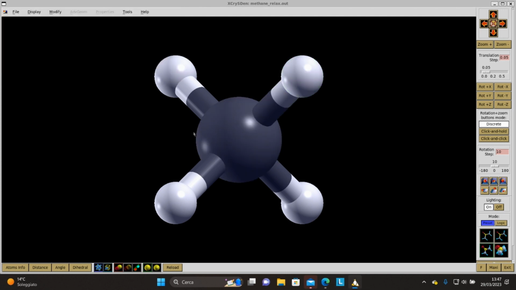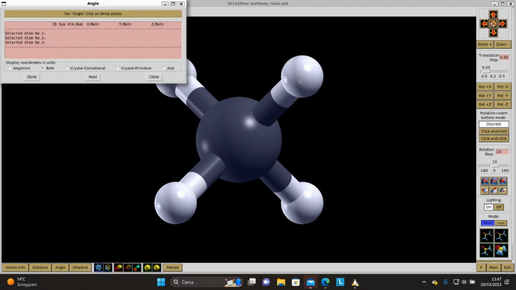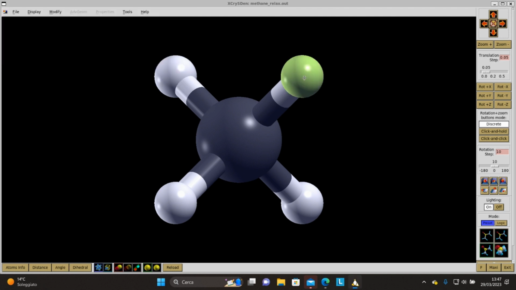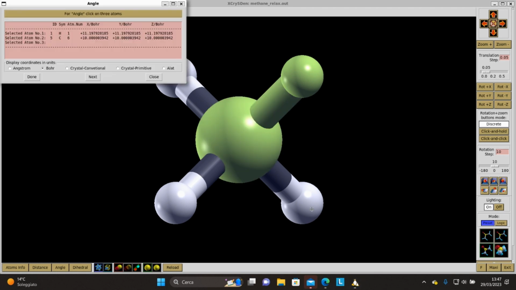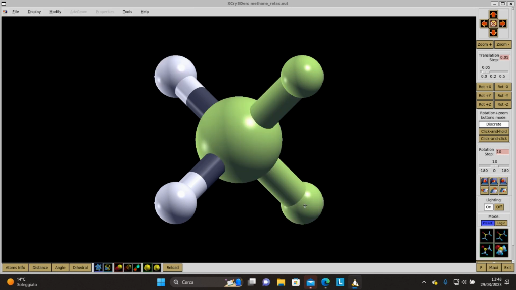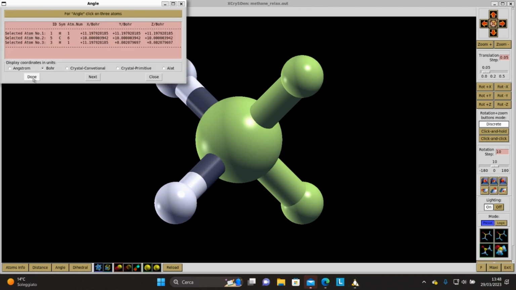We can also measure an angle. Let's, for example, measure the hydrogen-carbon-hydrogen angle. Let's press angle. We select the first atom, hydrogen, the second one, and the third one. Done, as expected, 109.471 degrees. You can find the input file we used on this website,